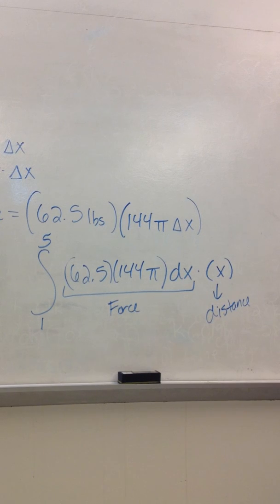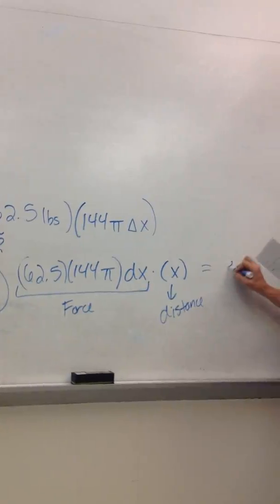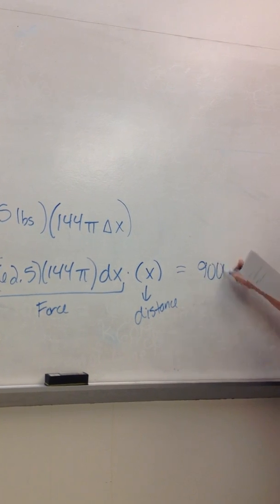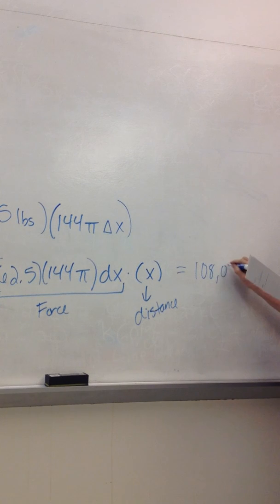And if you clean that up and work it all out, we end up getting 108,000 foot-pounds. Okay, or is that, what's a pi in there? Hang on. I think the pi might have gotten mixed up. 9,000. Well, no, 9,000 times 12. Yeah, there should be a pi on the end of that. It's 9,000 times 12 times pi, so it should be 108,000 pi